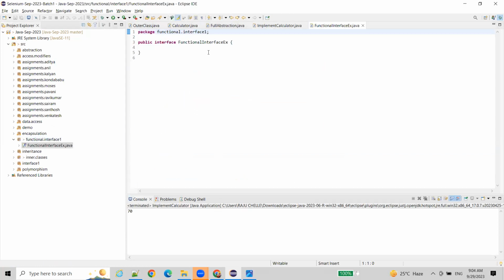What is a functional interface? Suppose you create an interface which contains only one instance method. Static methods, you can have any number of them. If you create an interface with only one instance method, so let me create void sum of two numbers. Here you cannot create the implementation, right? If you have only one method in the interface, you can call that interface a functional interface. If you want to specify this is a functional interface, you can use the @FunctionalInterface